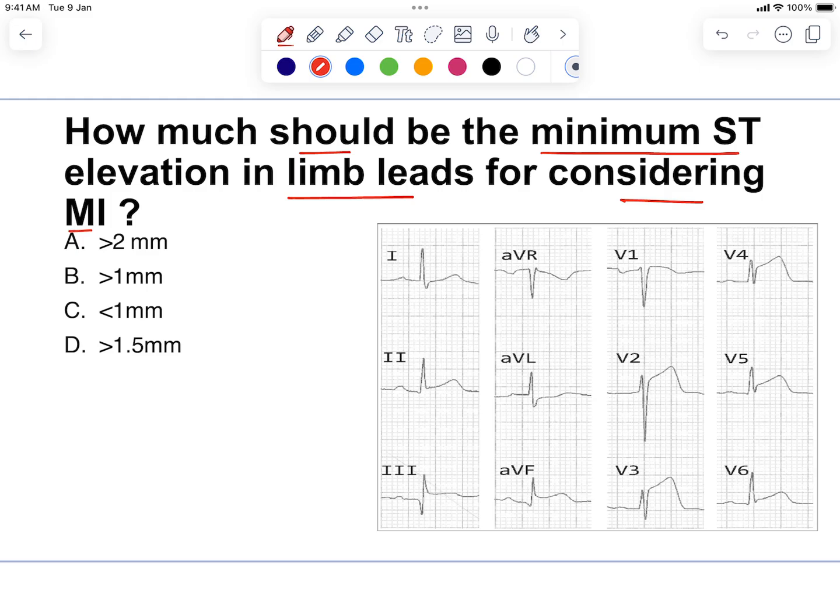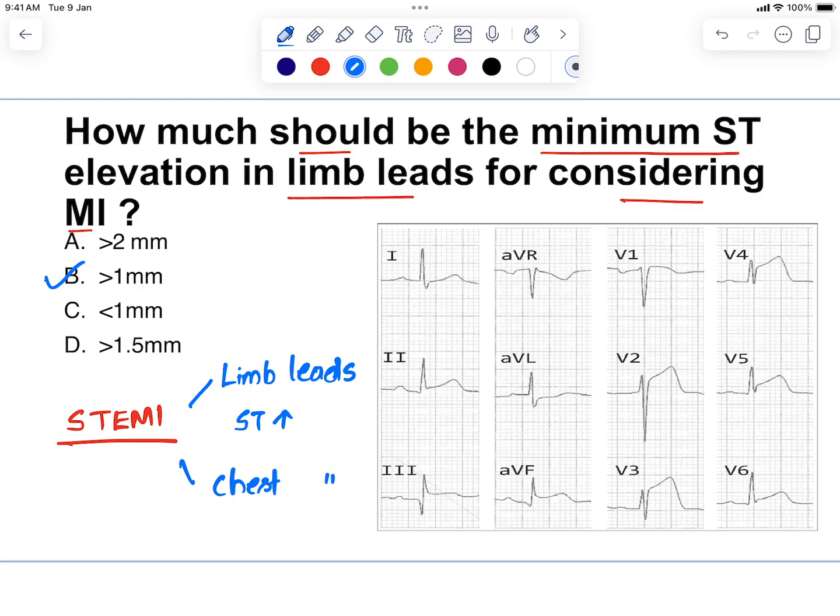So, to consider it as the ST segment elevation MI, what you have to remember is in the limb leads, the ST segment elevation should be more than 1 mm, whereas in the chest leads,